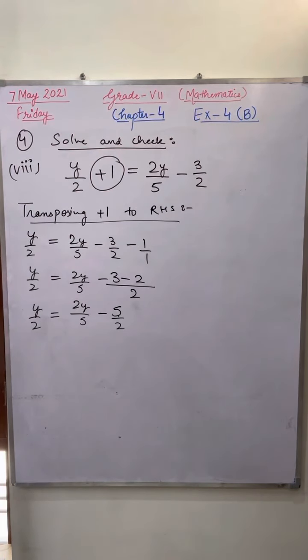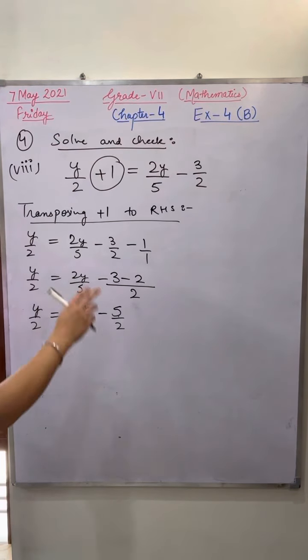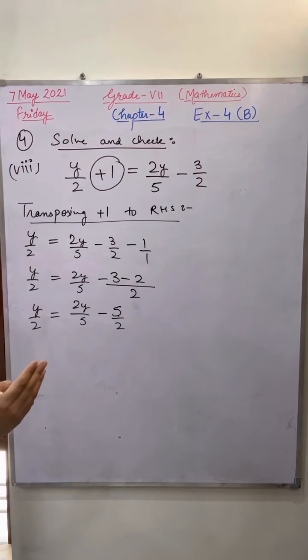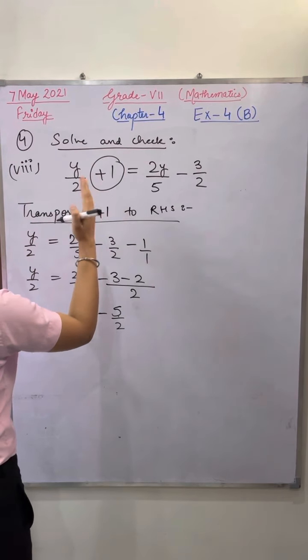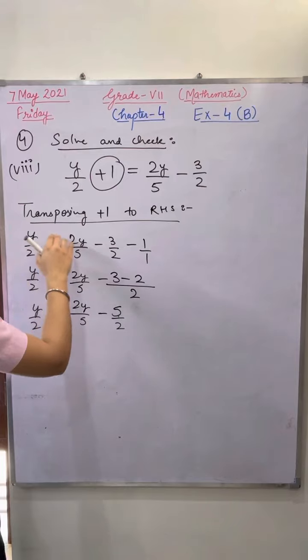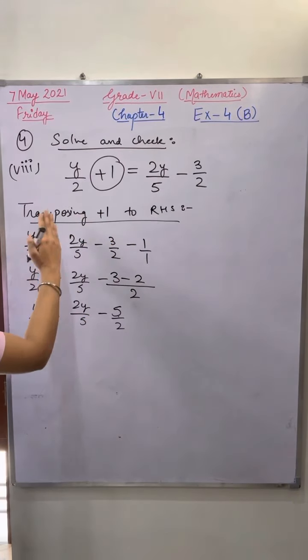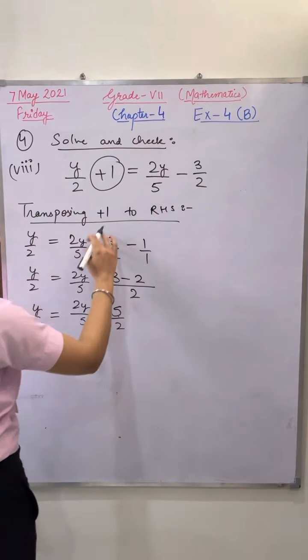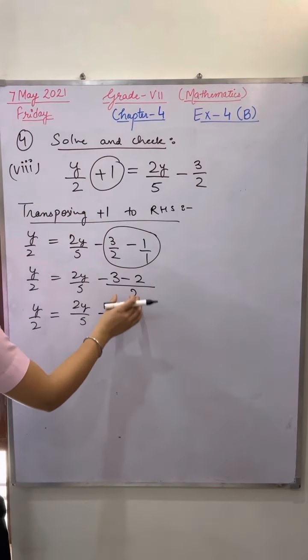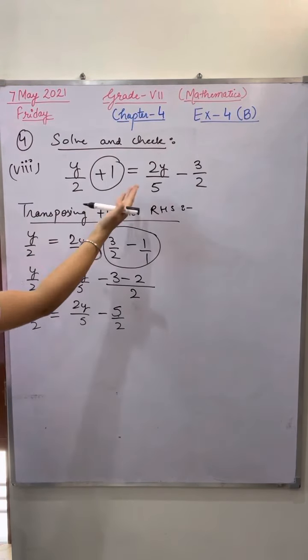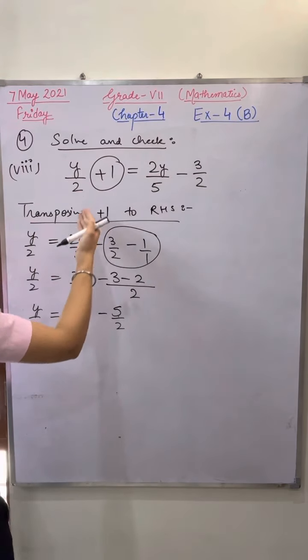Any doubt here? Okay, no need to write, Ananya, just understand the concept. How we are shifting the value, which method we are going to apply, that is most important. Here I was having the constant value. I want this constant value to be here, so I have to transpose this +1 value to the right hand side. When I shift it to the right hand side, this constant value is in fraction. So how can you solve it? You will go for the LCM. By taking LCM you can solve this constant value. Rest is as it is, y by 2, 2y by 5 as it is.